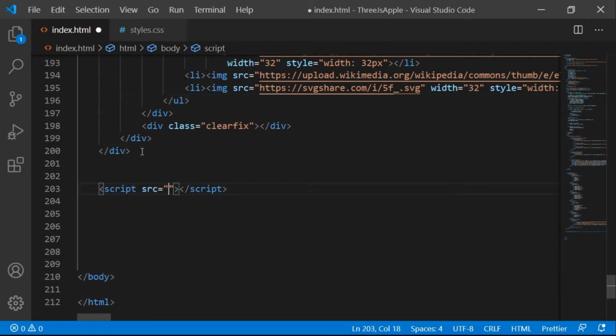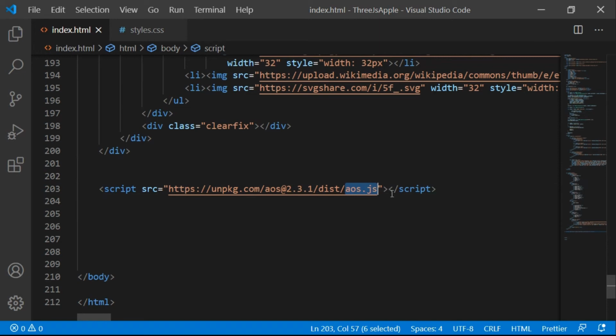We are gonna need some script tags here to initialize our AOS library here. So we have added the script tag here, which is gonna have the JavaScript file of the AOS library.